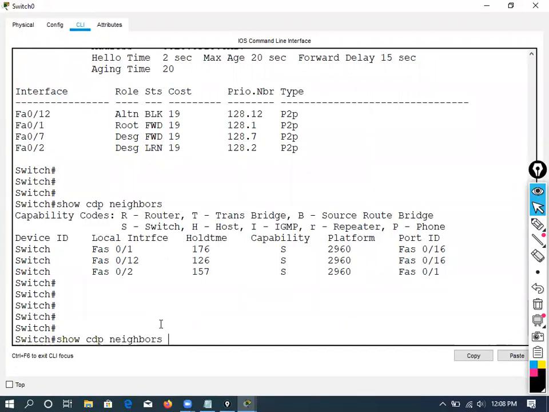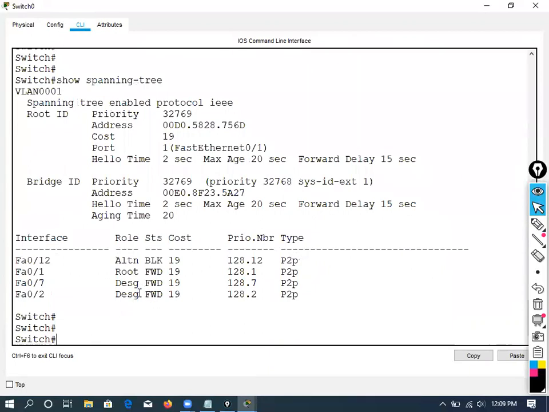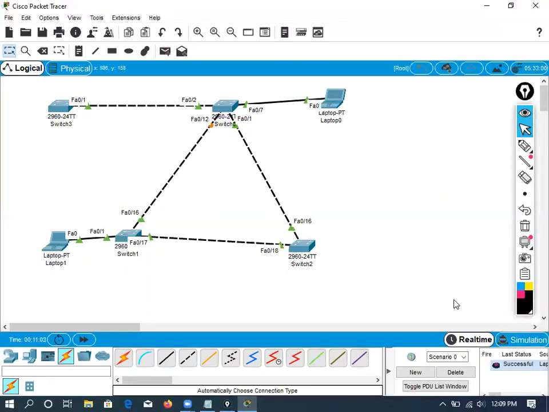But behind the screen, you need not spend 15 seconds for listening and 15 seconds for learning. That's why in RSTP they removed that, reduced that. Okay, done. Now it is in the forwarding state. Clearly understand? Got it right? Okay. Now let's go and communicate between these. Of course, they will be able to communicate. Successful. They're able to communicate.